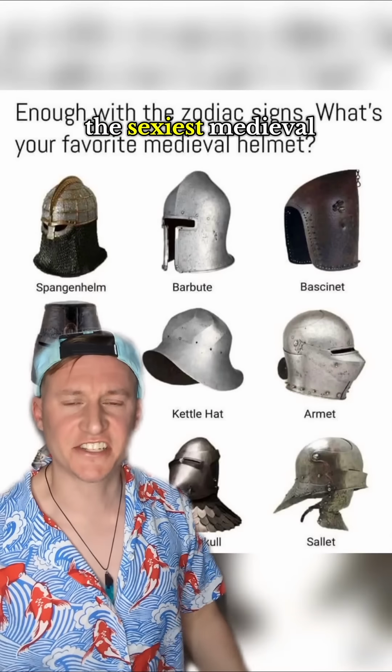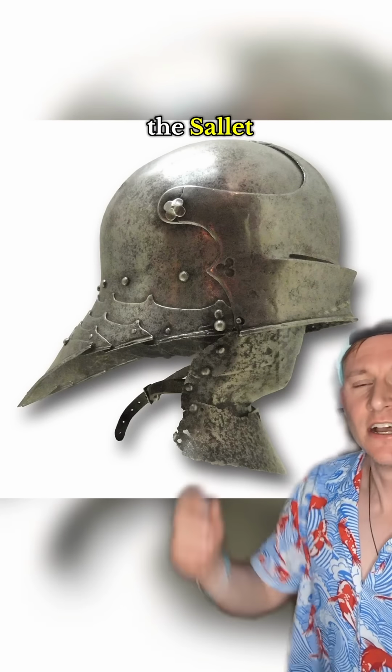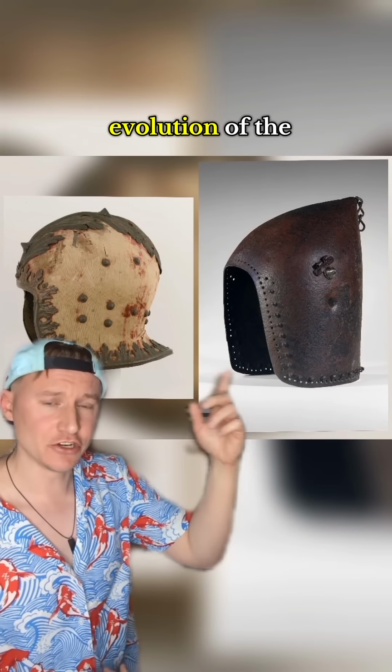So what was the sexiest medieval helmet? Well, one which could take all the marbles is the Sallet, an absolute wet dream which began appearing in Europe towards the early 15th century. We get our first mention of the Sallet in Italy in 1407, and it's an evolution of the bassinet helm